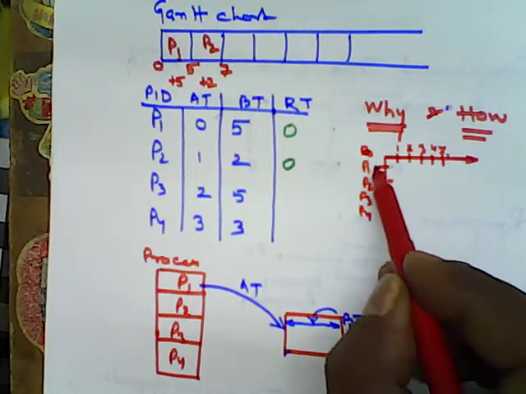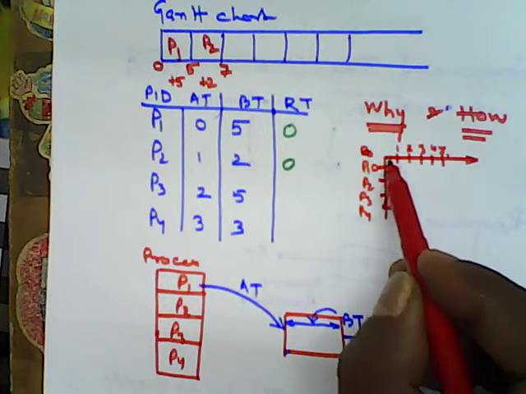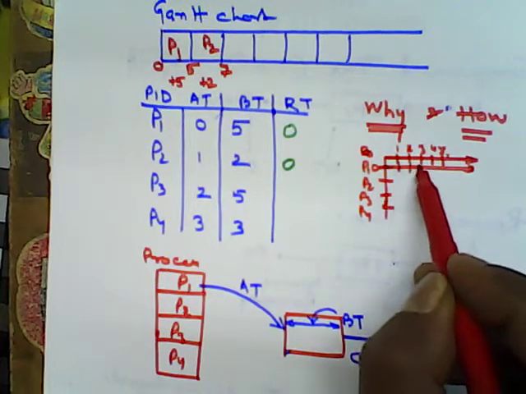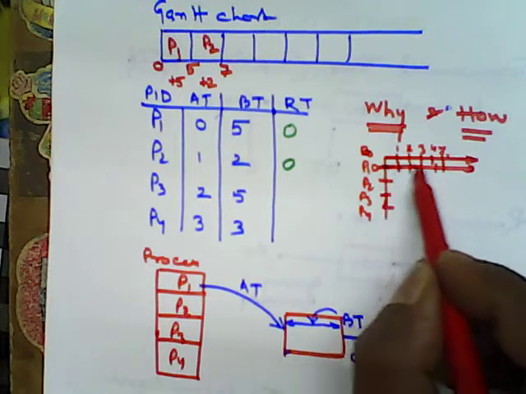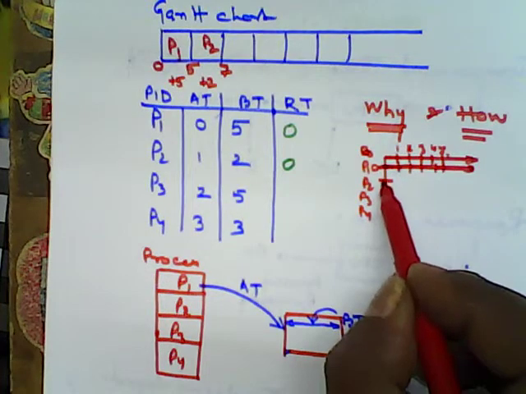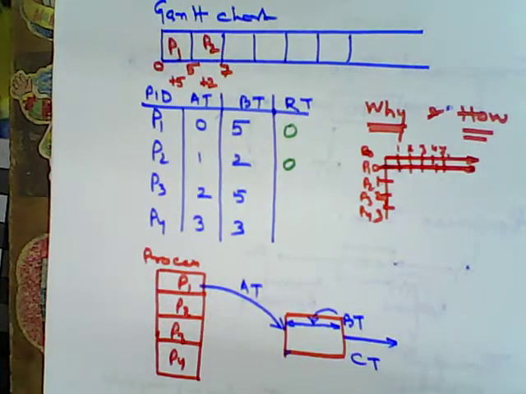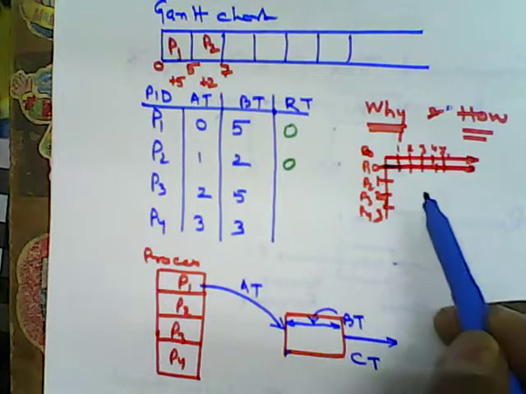And if I am putting this as 0, then this is 1, 2, 3. Now see, watch carefully. By that time, from 0 to 1, when this process was going, the second process had arrived. When 0 to 2, when the